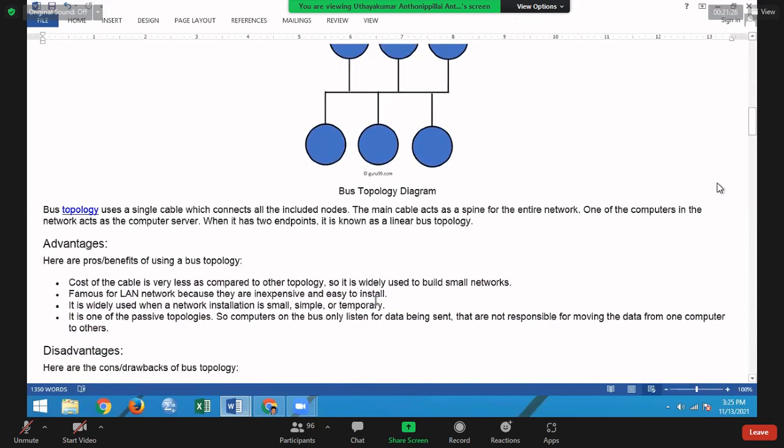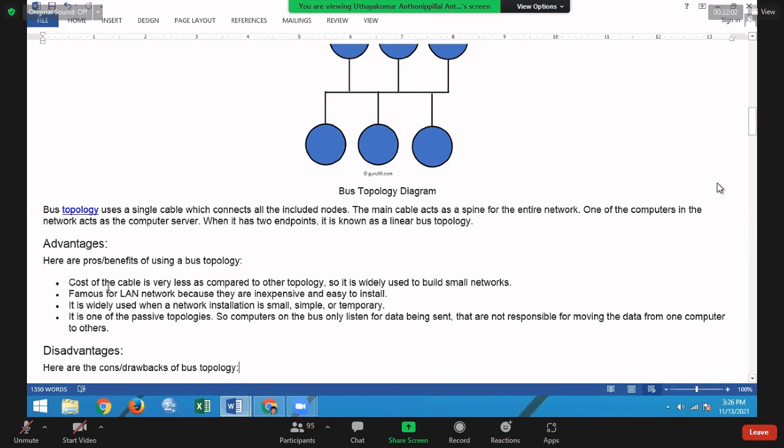One small cable is enough to link the computers. The server computer controls the entire network.